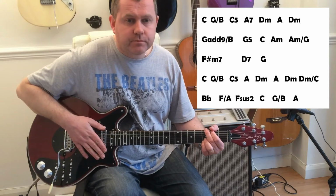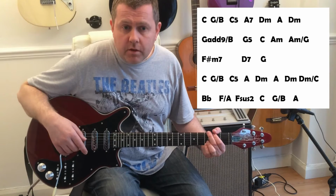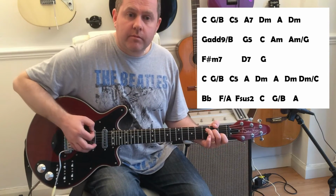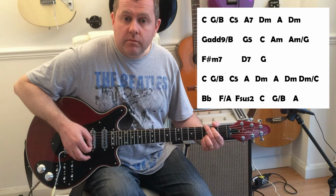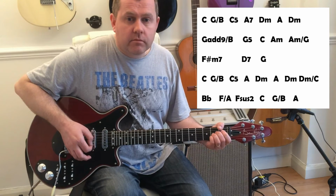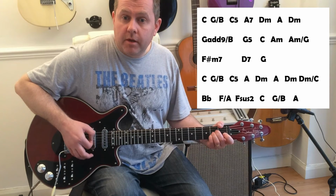Something like that. Now the second half of the verse is very similar to the first half, so we'll go through them chords, starting off again on C to G/B, to C, to an open A, to D minor, to an open A,